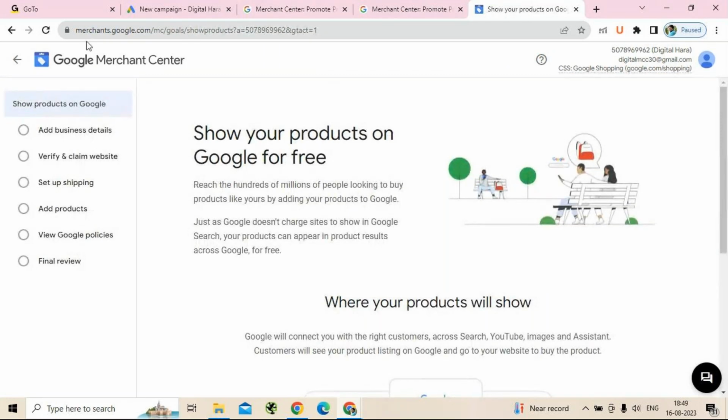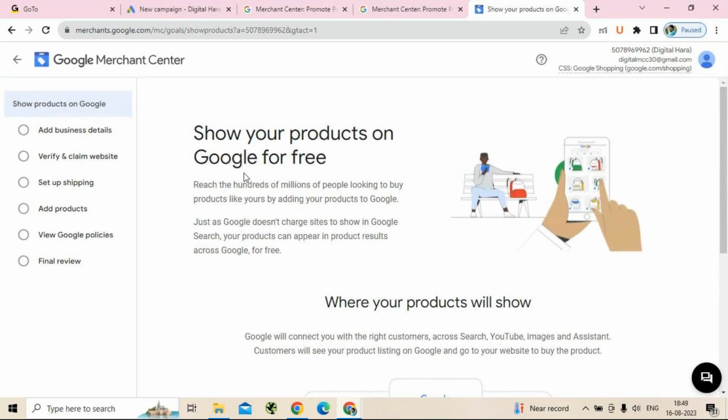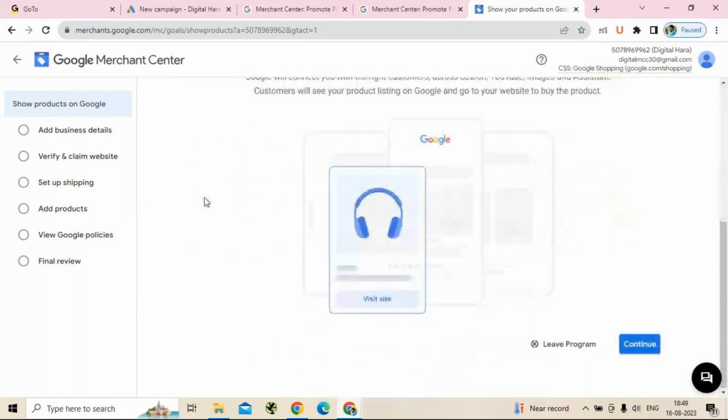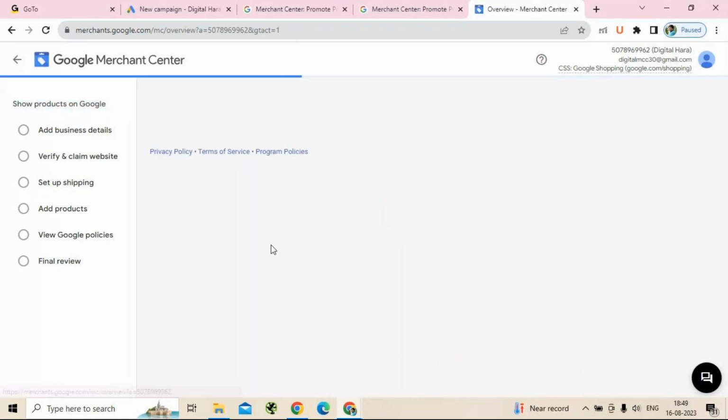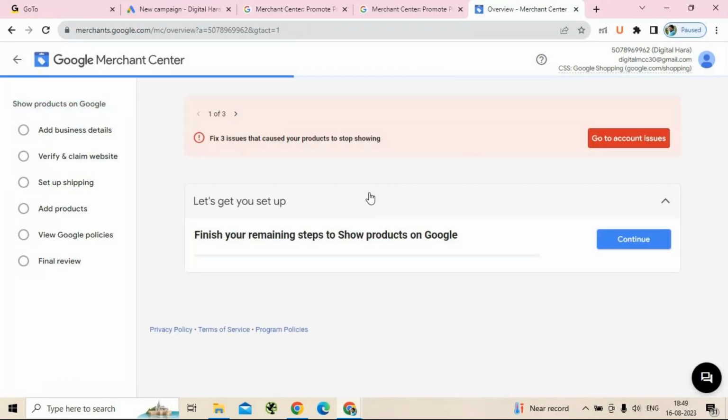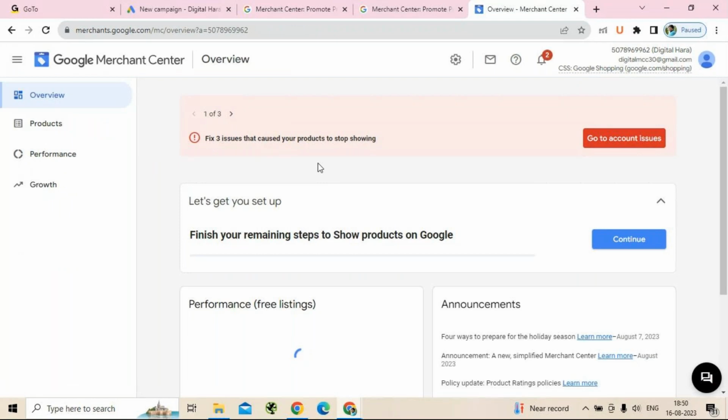So that you can add all your details. Or if I don't have that option of creating the profile,